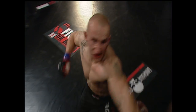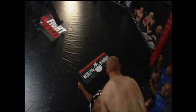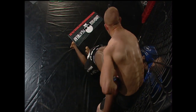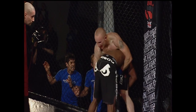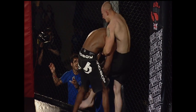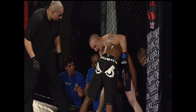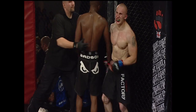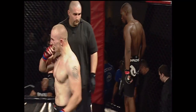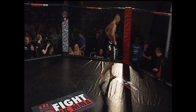Just a nice Pawel coming forward now, landing some strikes. This is the kind of fight that Edwards doesn't want to get lulled into. Edwards does not want to get pulled into one of these really wild brawls, because that's when his opponent's dangerous. But with 10 seconds left, if he can finish the fight with another takedown, maybe it'll put the stamp on it. Pawel wanting to get into that aggressive brawl at the end there. But as you said, Edwards fought the smart fight. And I think Pav realises...